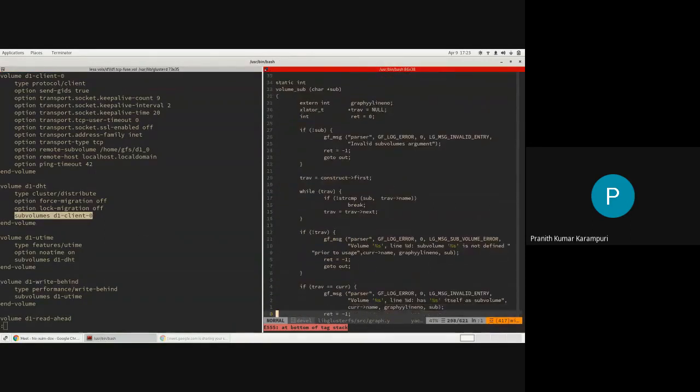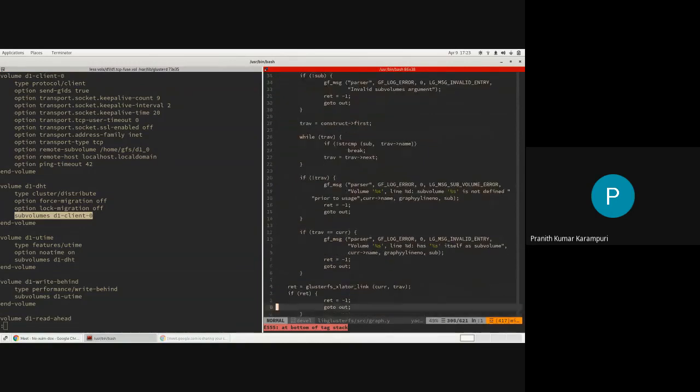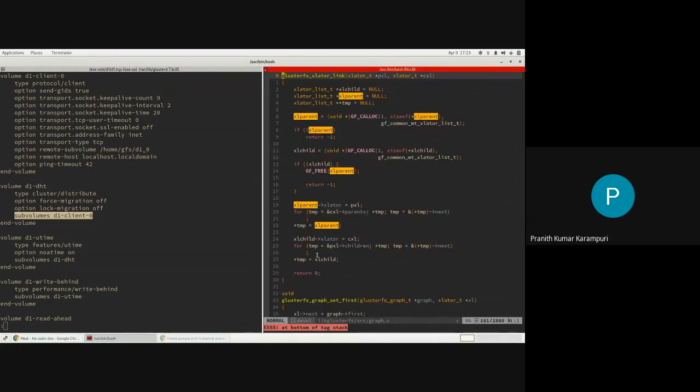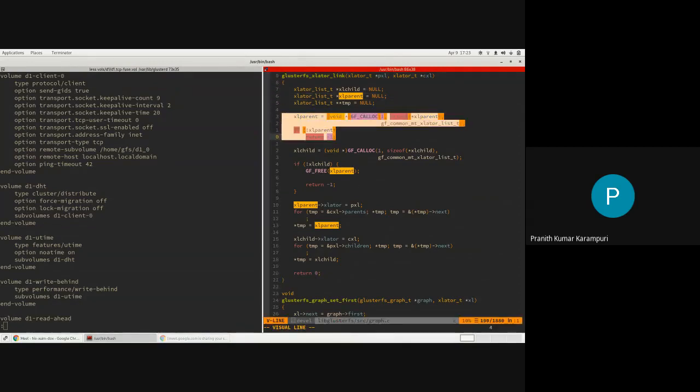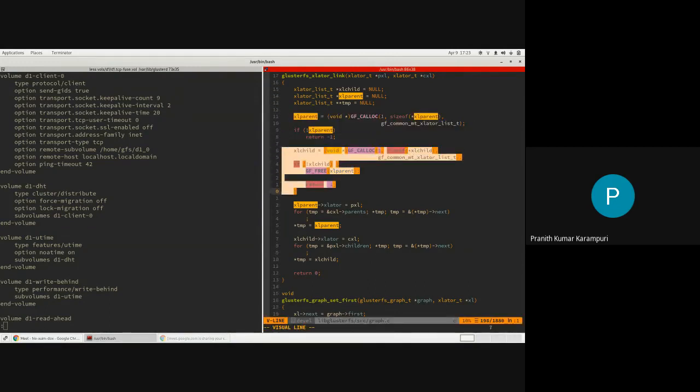For each such child, there will be a call to this glusterfs translator link, which will be called with the parent translator and the child translator. It creates these translator list structures, a data structure which can store the list of translators.